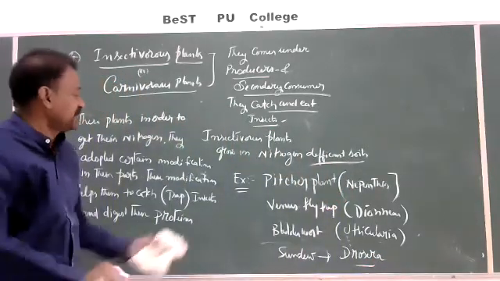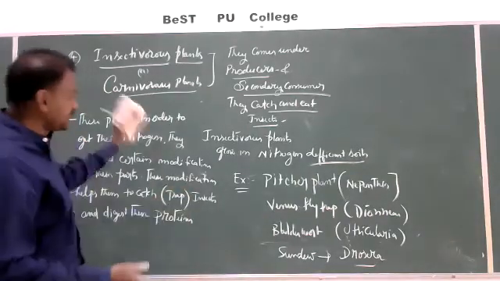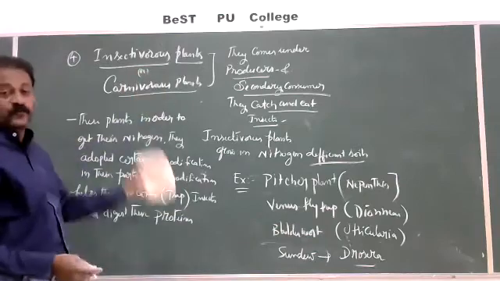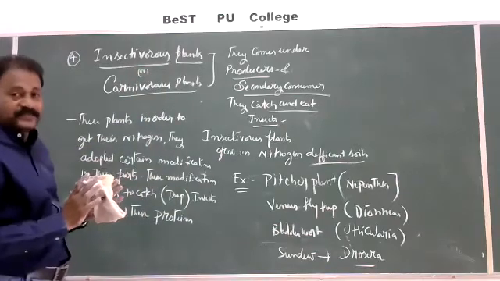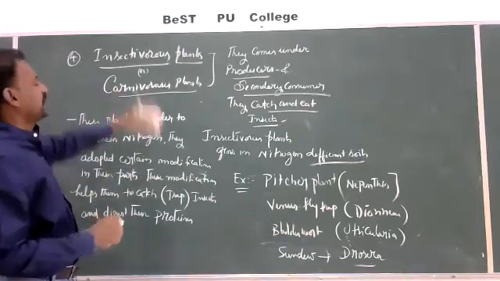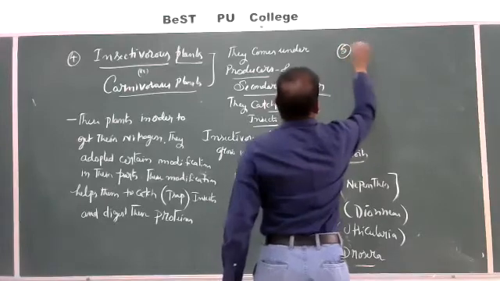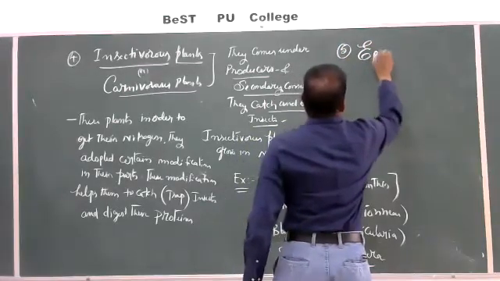And the mechanism is not required now, but in the coming classes we will definitely see the mechanism of at least one or two plants. Our concept is how many types of plants are classified. After the insectivorous plants, epiphytic plants.